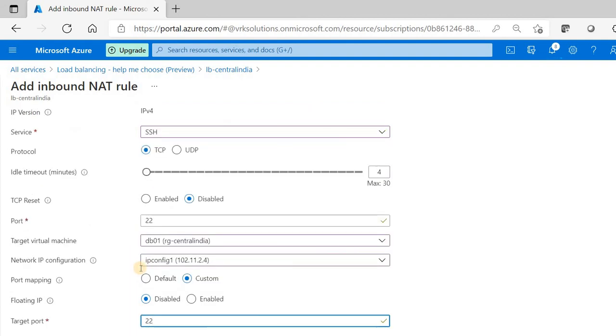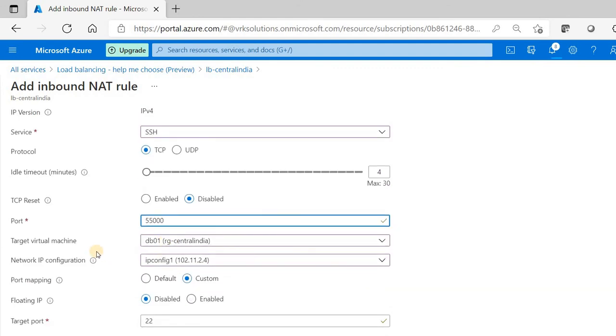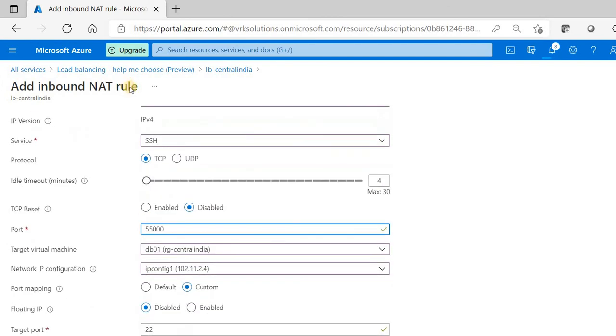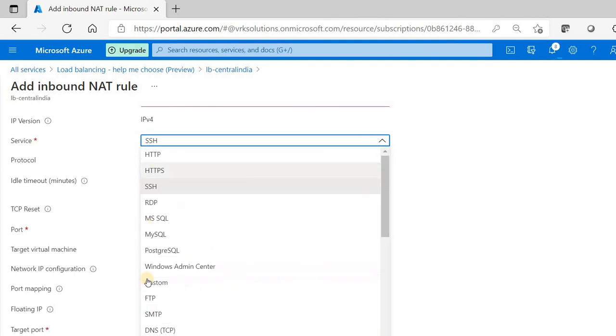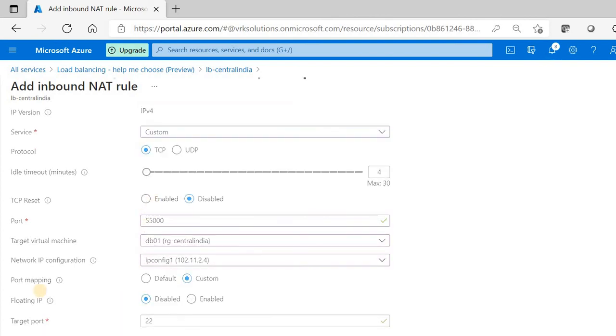Let me give the port as 55,000. Now the target port is, once the request comes in on port 55,000, I would like it to be routed to port 22 of this machine. Let me click on add.